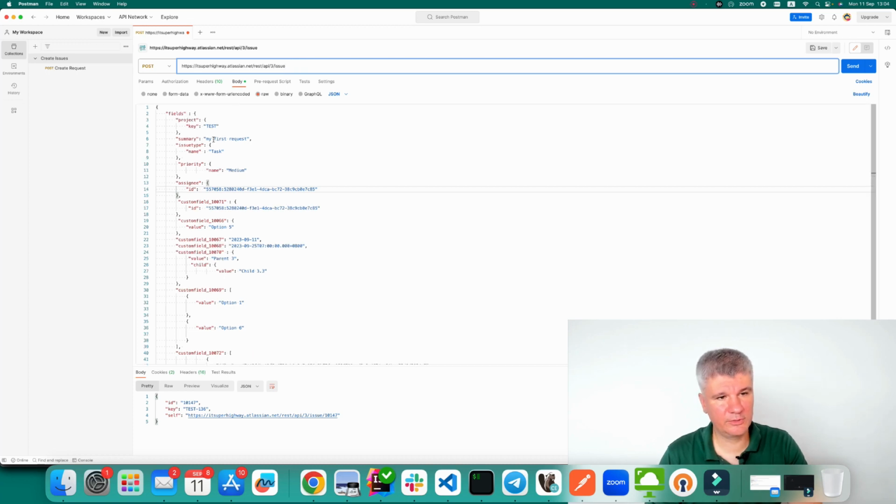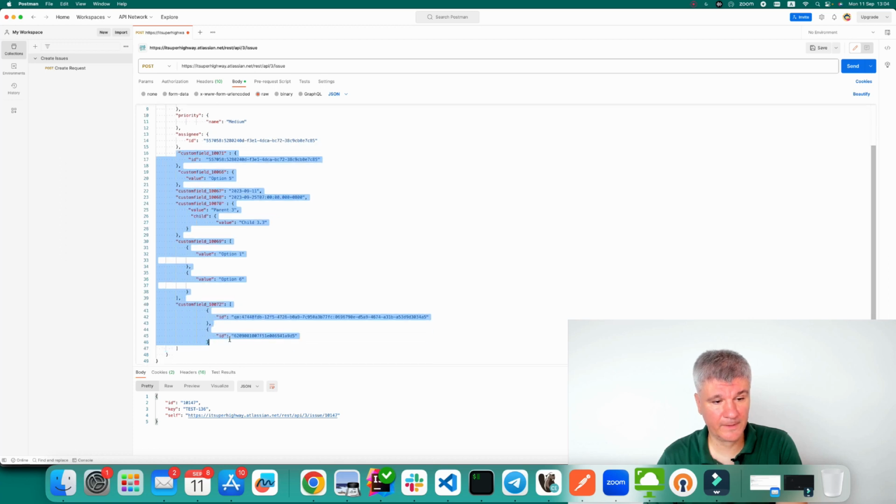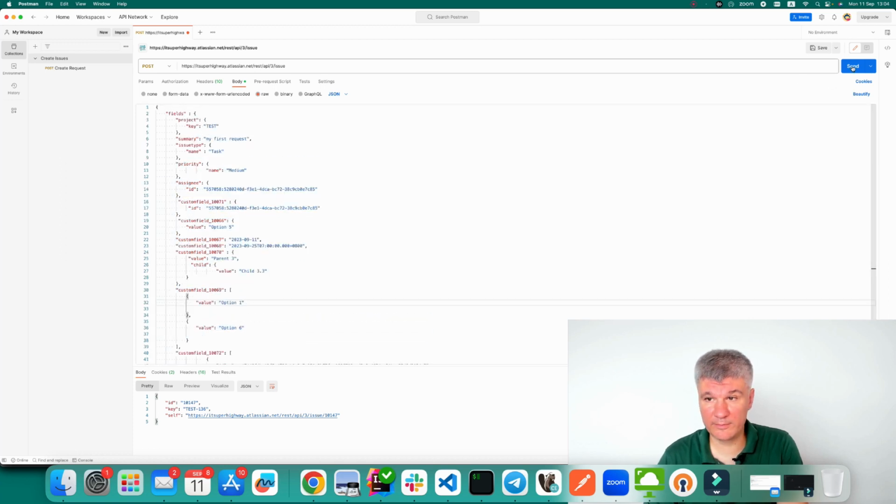To create an issue in Jira Cloud, you need to have a request which looks something like this. You've got fields, and here you say in what project you want to create the request. Then you have to provide the summary of the request. Create in Jira. I want to create also priority for my request. I want to create assignee, custom fields over here. And now if I run this request,